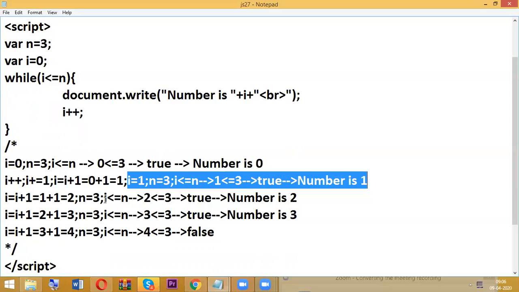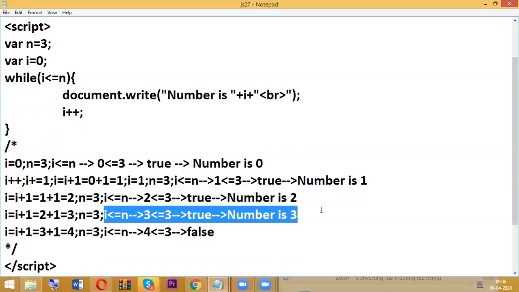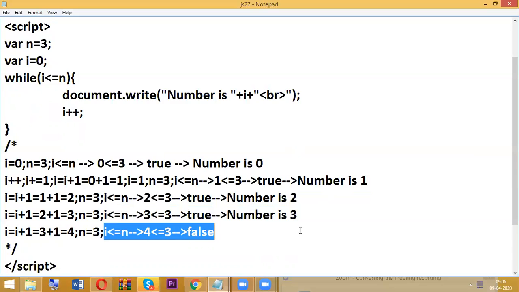Here i value is 2, n value is 3, so number is 2. Next, i value is 3, n value is 3, number is 3. And in this case, the condition is false. So here also the same output.